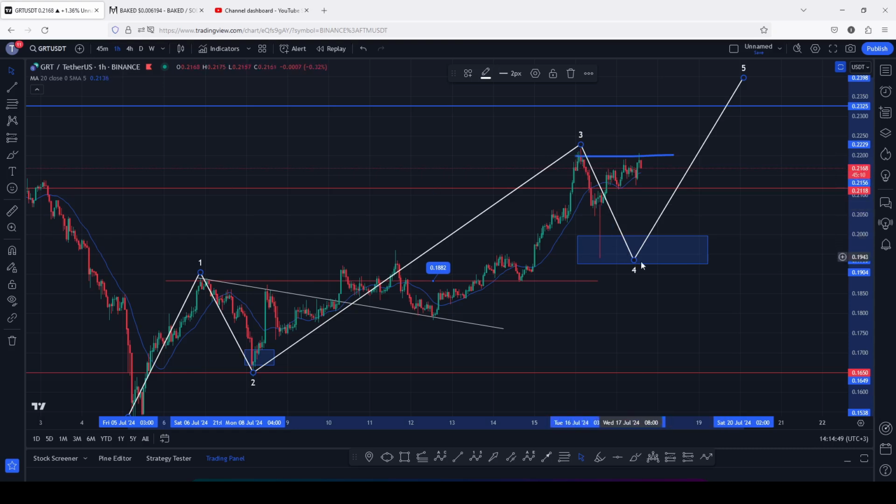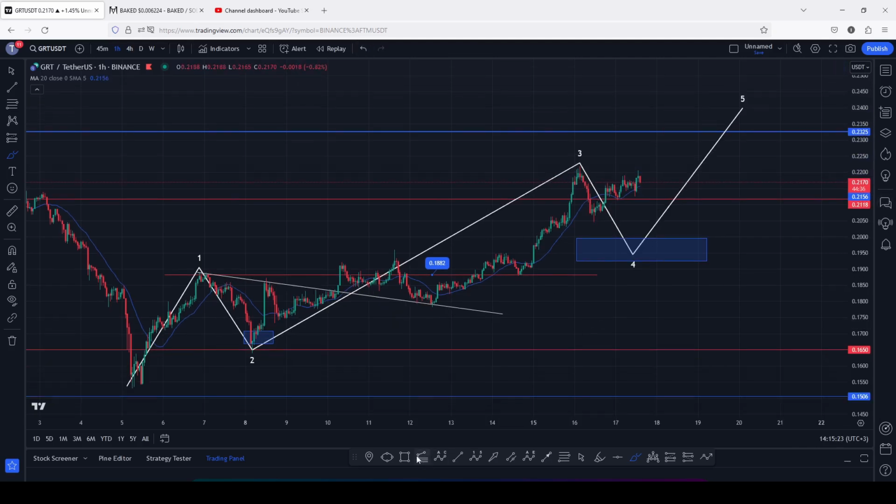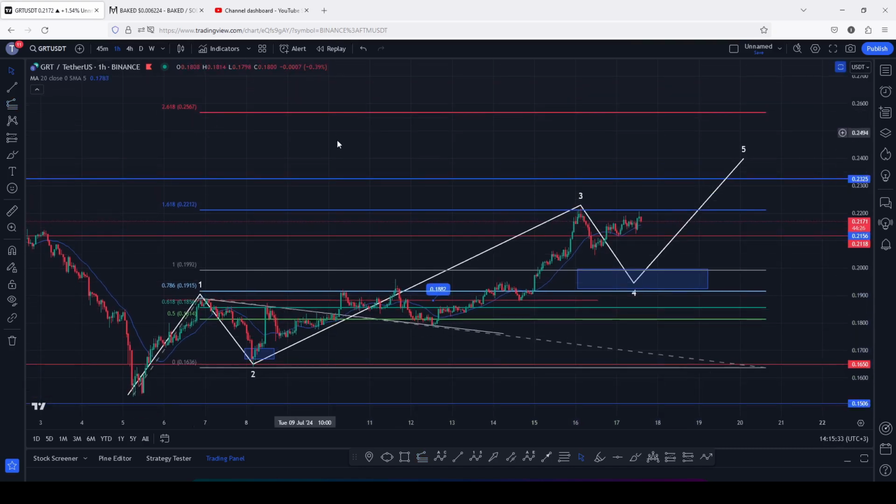But this movement can also get invalidated in case we see a bounce in the next coming hours, break above the 0.22, and also the significant highs we made in this Elliott wave count 3 above the 0.2224. In case we see a bounce breaking above those significant highs, then that will be suggesting that the high for that Elliott wave count 3 is not yet in, and we can get to the next area on the Fibonacci for that Elliott wave count 3, which perfectly lies at the fib level 2.618. So using the trend-based Fibonacci once again, we have the fib level 2.618 at the 0.2567. So we can get an aggressive bounce to the upside, break above the